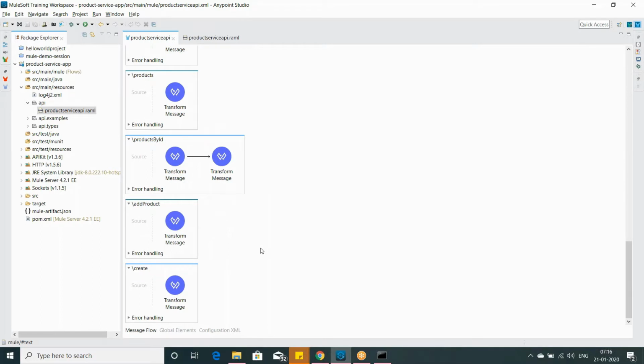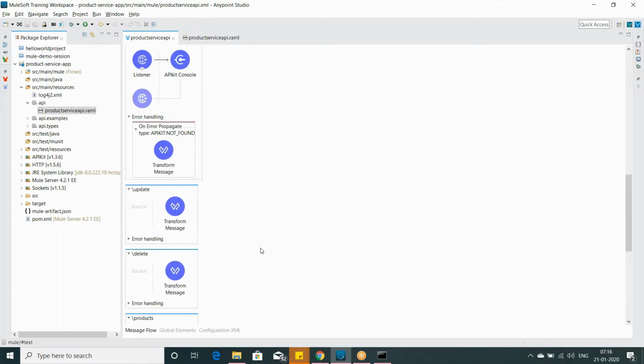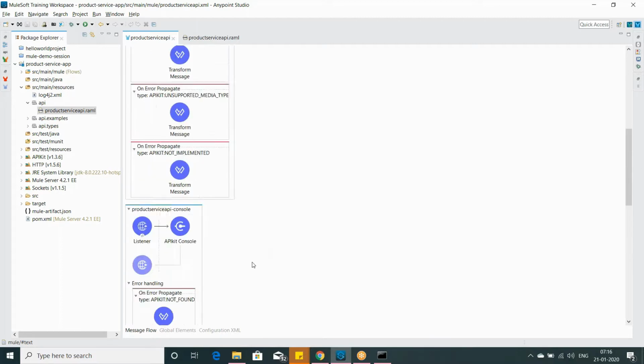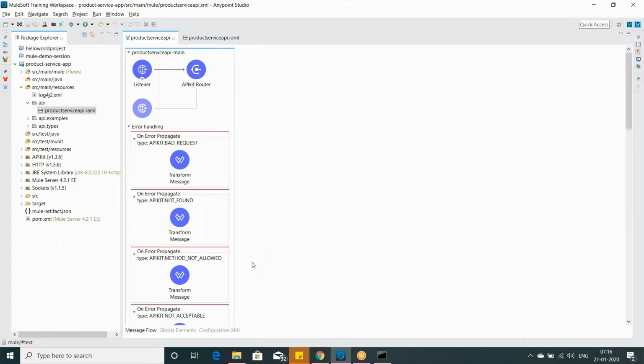Based on that, it creates the flows. Now the question arose last time: can we change the flow names, or can we have a custom flow name instead of the default flow name? Well, that is possible. This time I made a few changes in my router in order to have a custom name for my flow, so that whenever I call a particular API endpoint, based on that flow name it will route to my specific flow. So if I open this API Kit router,